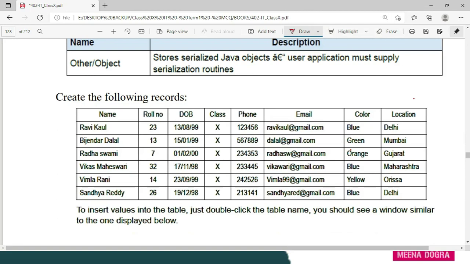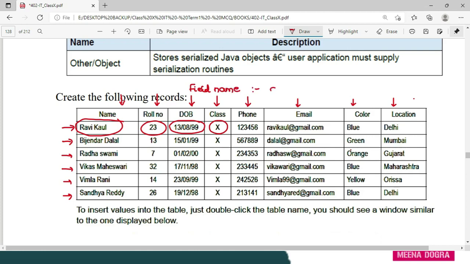Table, you all know, is a collection of records, and records are made up of fields. So we have horizontal entries in a table, they form the records, and the vertical entries in a table, they form the fields. So a record is made up of fields, and fields are the place where we store information. When we are creating a table structure and designing the fields, we are telling what all fields we want in our database. We have to tell 2 things about that field, minimum 2 things. First is what will be the field name, what will be the identity that you will give to the column, and then what will be the data type of each field.